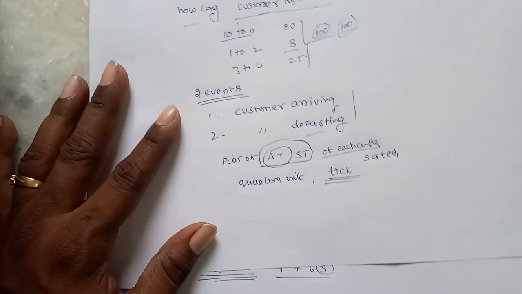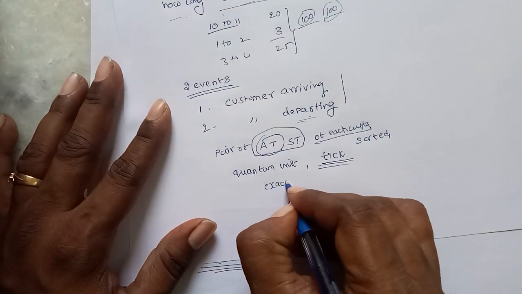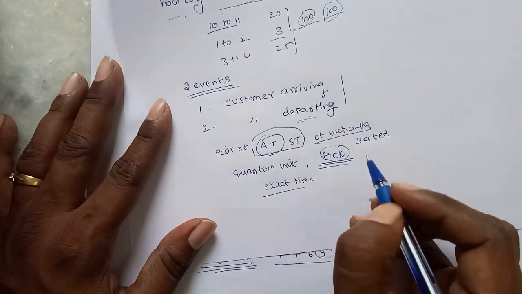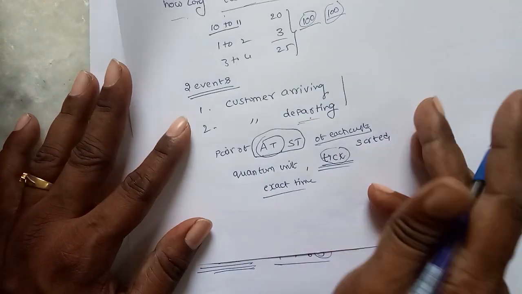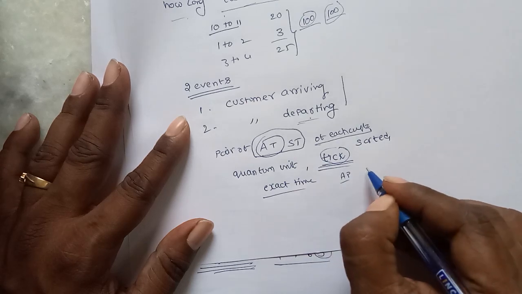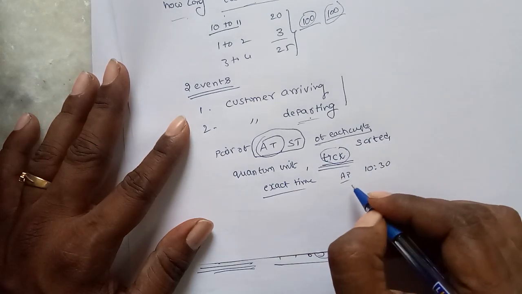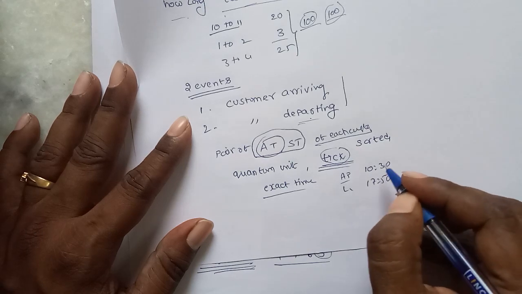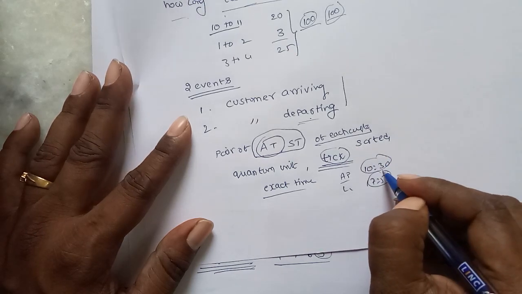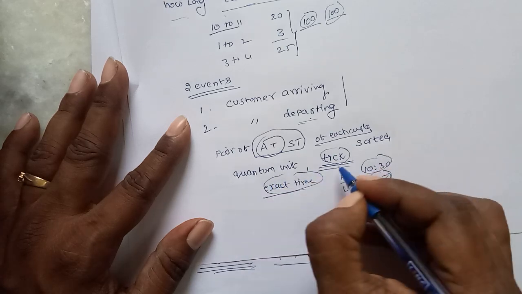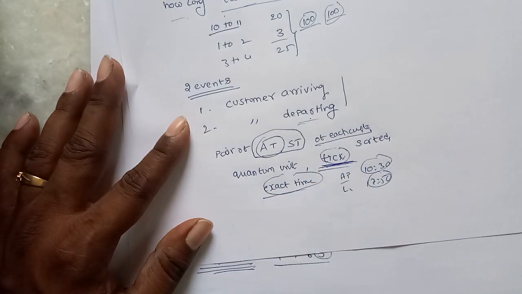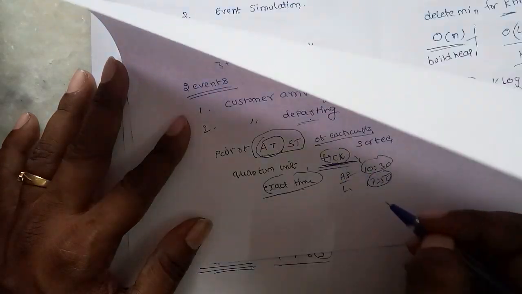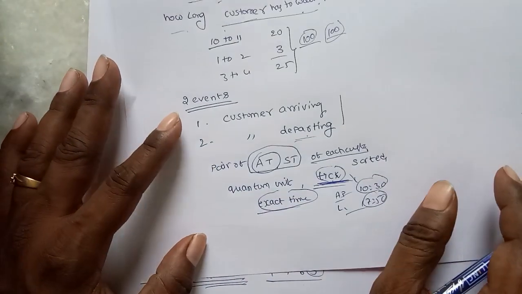And to measure the exact time, I am using a quantum unit tick, because suppose in Andhra Pradesh the time is 10:30, and in some other place like Los Angeles the time is 7:50. So from state to state the time changes. For that purpose I am using a time quantum tick. So tick means in Andhra Pradesh the tick is one value, in some other country the tick is another value.